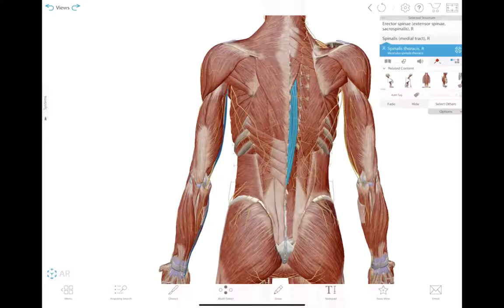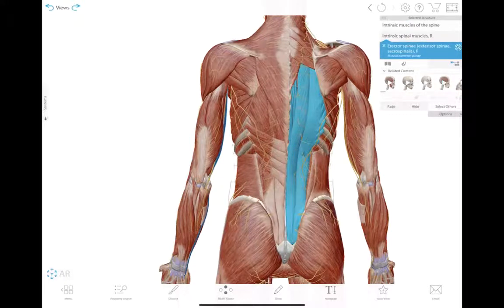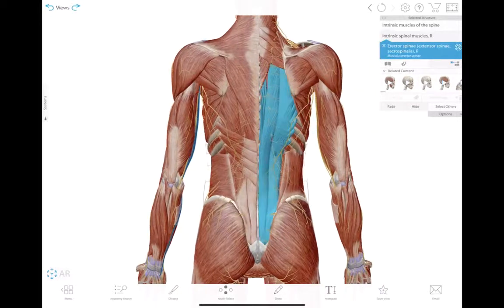Here we go. All right. So on our back, our big group of muscles are the erector spinae muscles. They're kind of buried deep under a few layers of other muscles. All right. And they are going to cause,